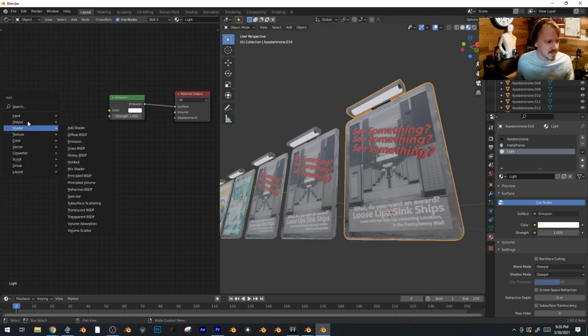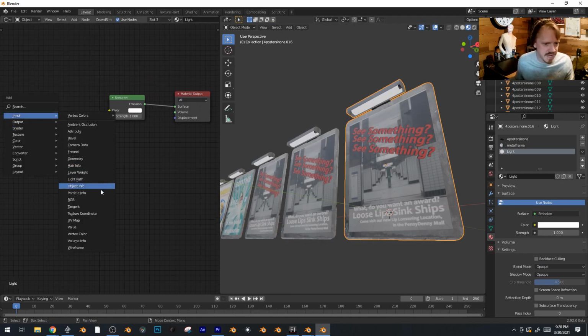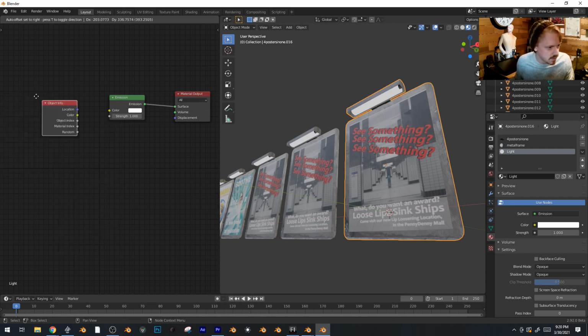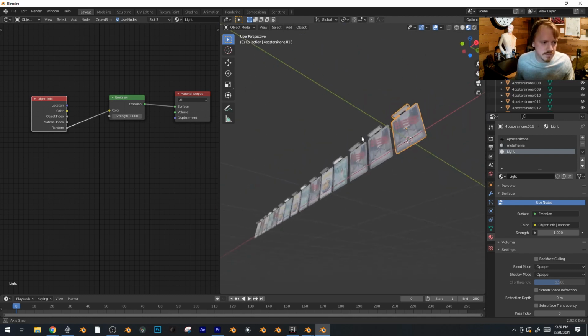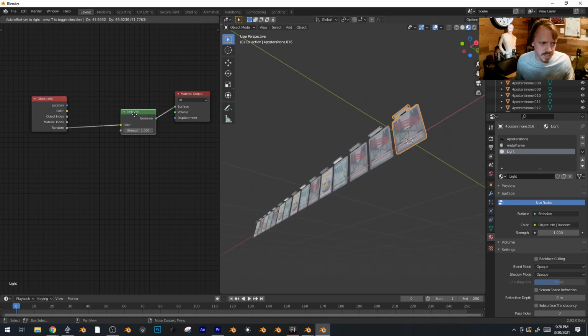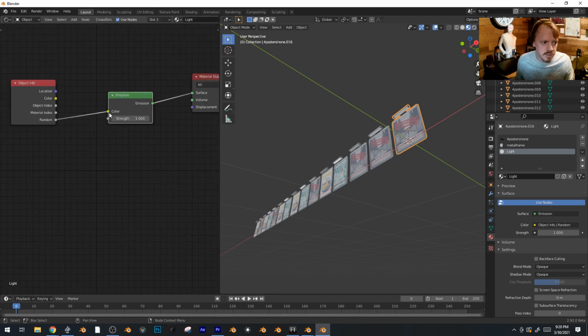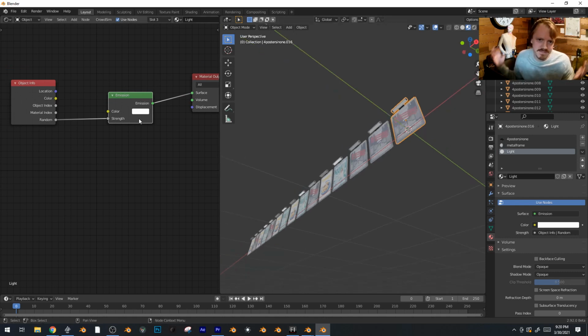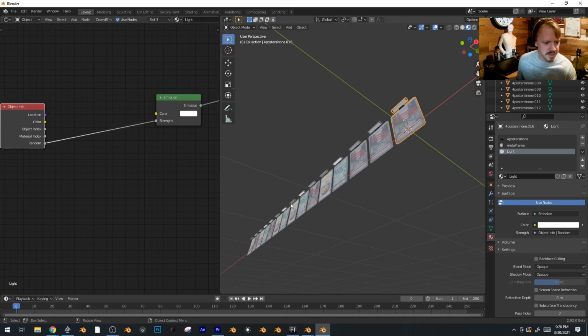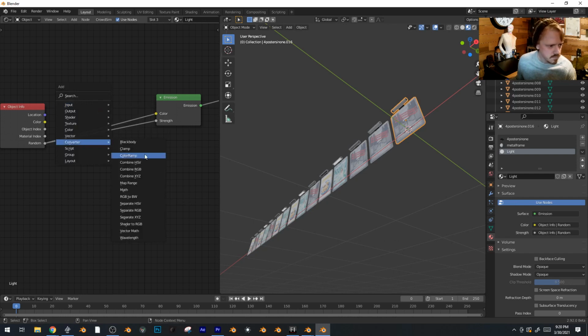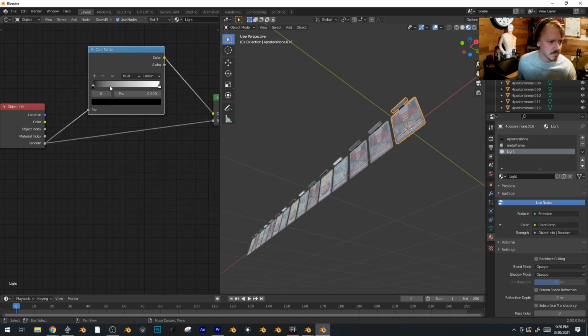Cool. And let's grab our object info node, because we're going to add a little bit of randomness to these lights also. If we just plug this straight in, let's see, what does it do? Okay, it gives you a different value between 0 and 1, which it turns into black or white. And right now it's going into the color, but we could put it into the strength instead, which looks the same, it's functionally the same, I suppose, in this specific instance. In fact, let's do that, because we'll use this to randomize this, and I'm gonna plug the random into the color here. I'm gonna stick a color ramp in between so we can change it from black and white to,